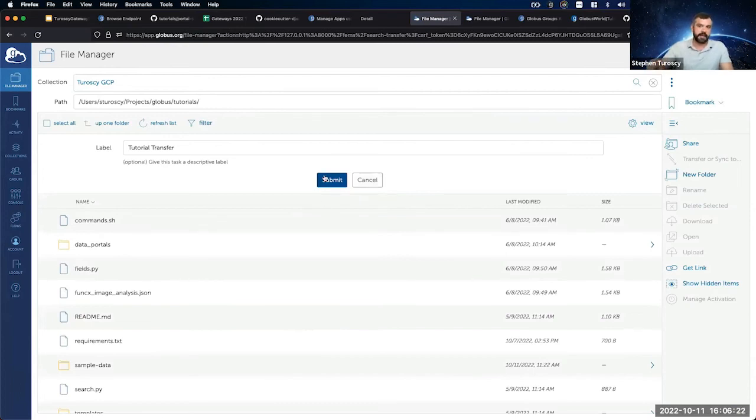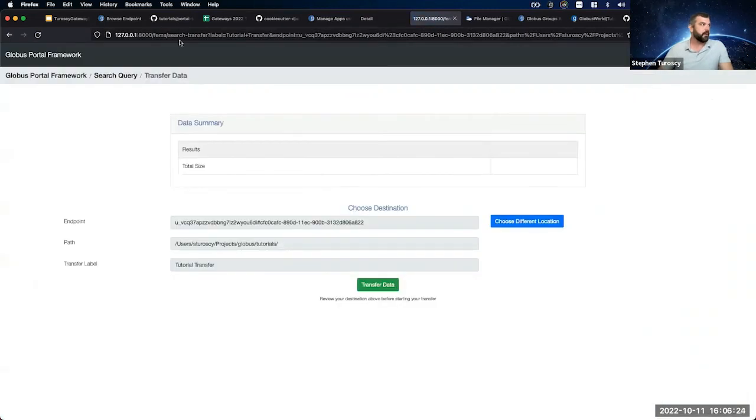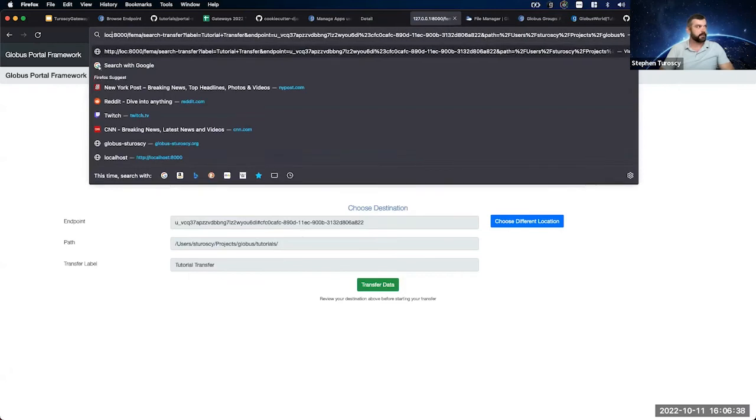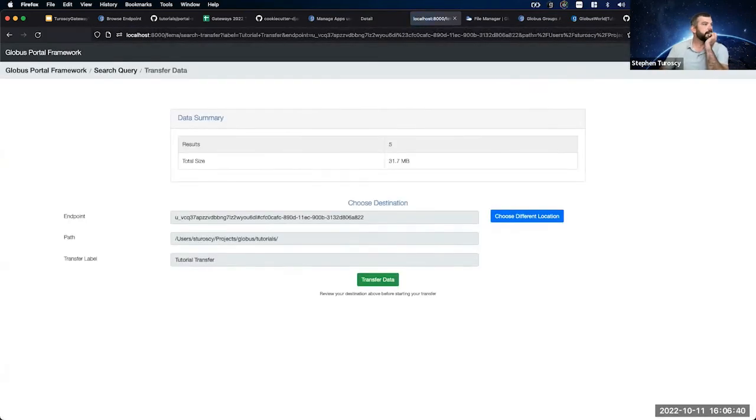It's going to redirect back to that, which is essentially this URL again, but with this data query params appended to it. So now I know the endpoint ID that I'm sending to, the path that I'm going to send it to, the label, and then the results. Let me quickly do this. There we go. So now if I click transfer data here,